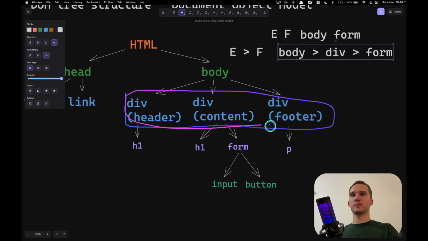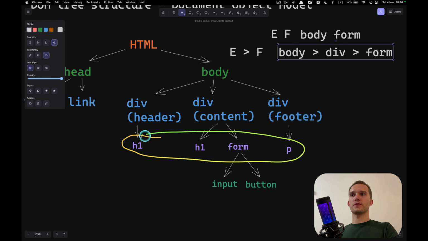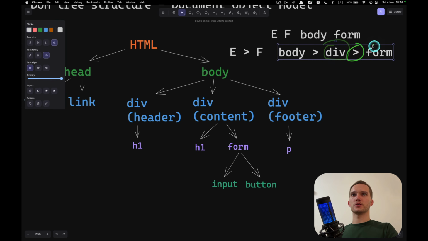These three. Body has 3 children. And then we are saying inside of the div, search for a form. It gets these children and then starts searching only children of these divs. Only the children.